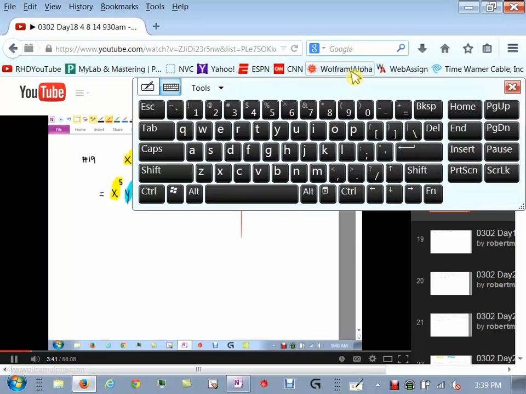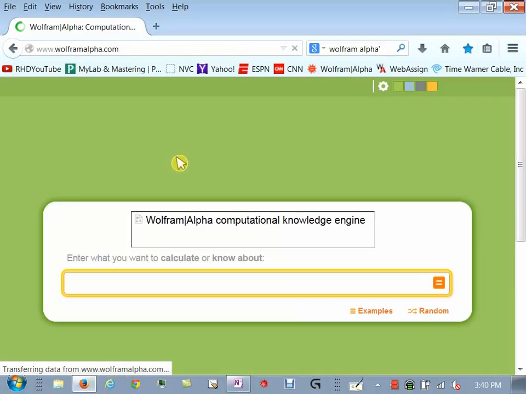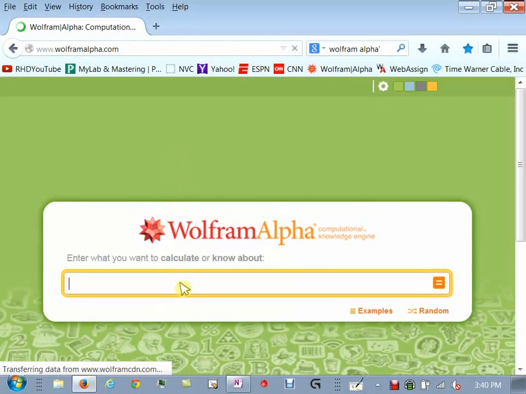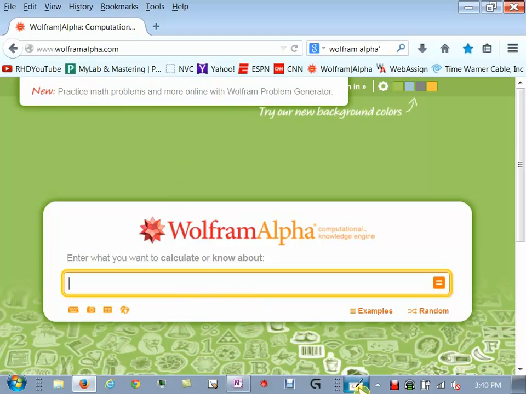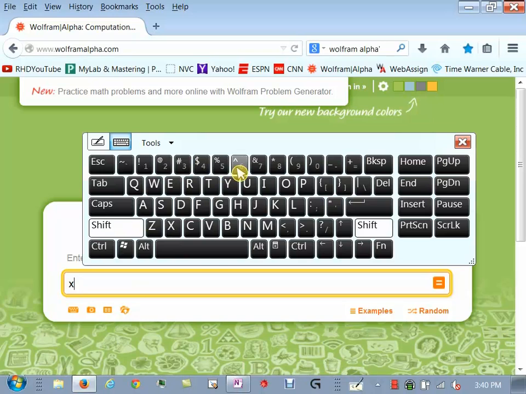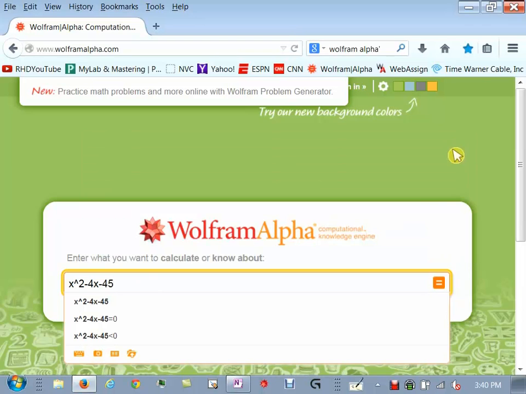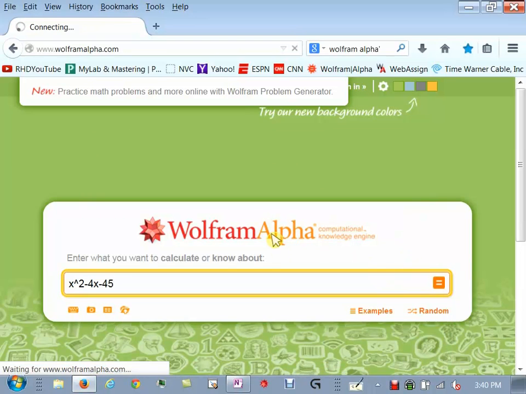There's even a website called Wolfram Alpha. Has anyone ever seen this before? Okay, let's see. Let me take the one that we just took. What did we have? We had x squared. What was the one we had? It was x squared minus 4x. Was it minus 4x? Minus 45. If I just go to this website that's free for everyone in the world, and I type that in and I hit equals,